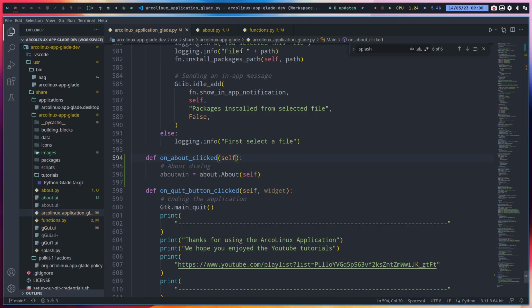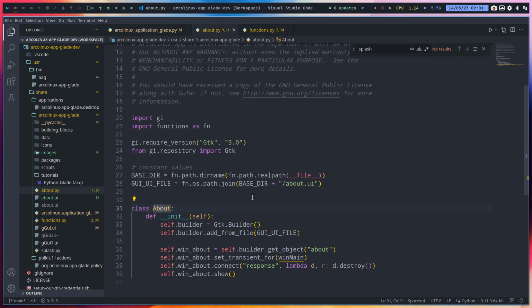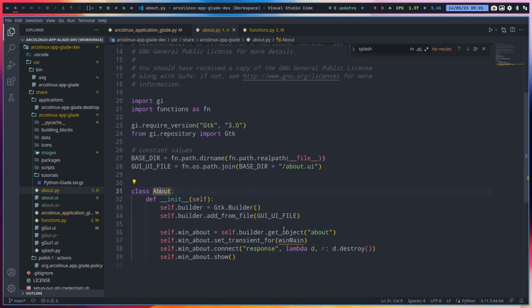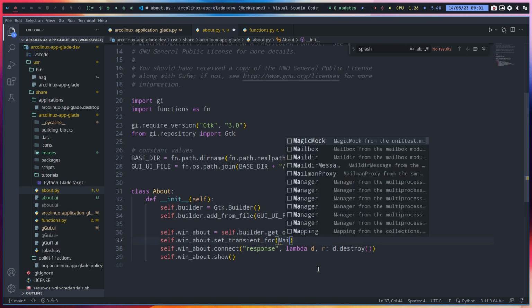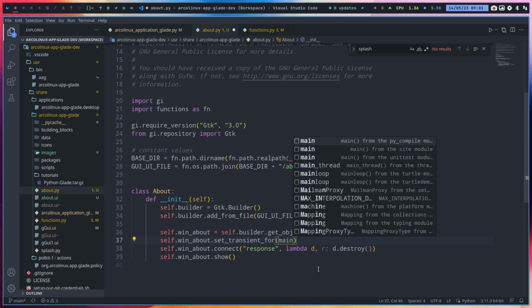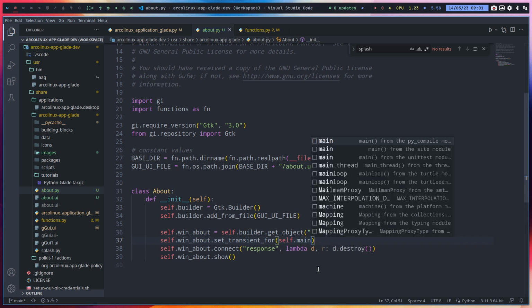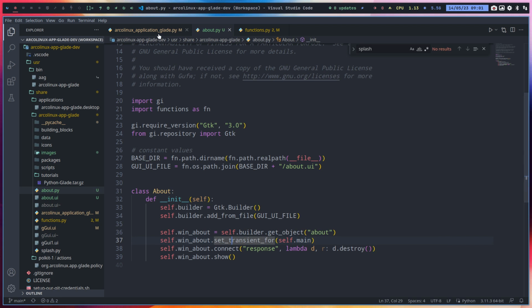Let's look at the recipient. Nothing. Class about. Yeah, so this one, I don't know what to do with that. For main win main, for main. Main from the side module. No idea what that is. So